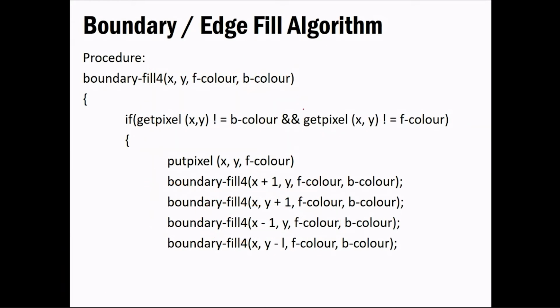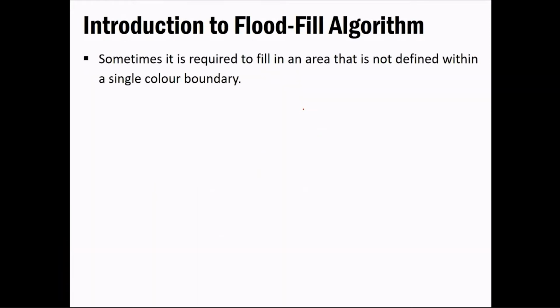Now we have one more thing, that is the flood fill algorithm. So instead of the boundary fill algorithm, what we can do, if you don't want to go in this particular manner or if you want to save your time, is this: sometimes it is required to fill an area that is not defined with a single boundary. You'd be getting a shape where you will have multiple boundary colors. In that case, your algorithm is obviously going to get confused, and it will paint even the pixels that are of a different color.